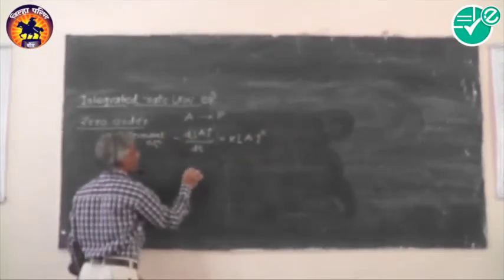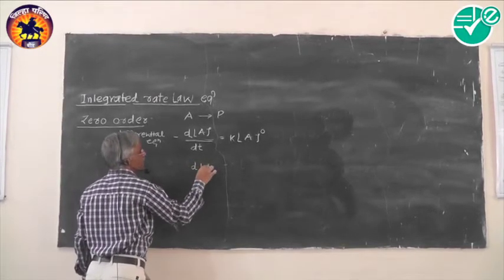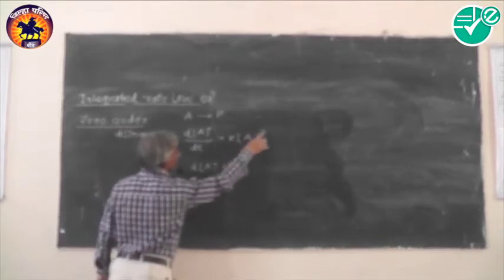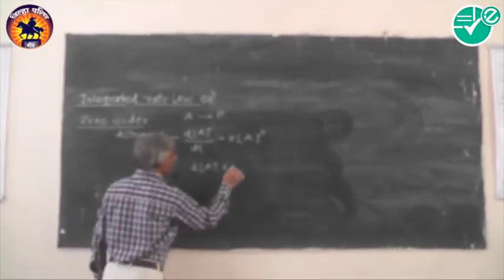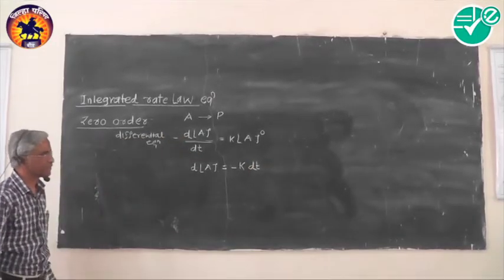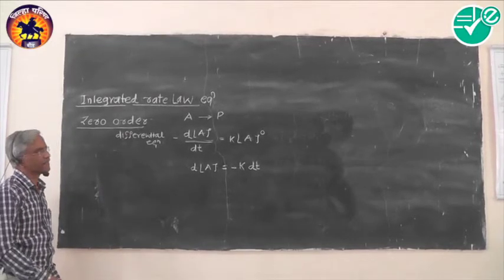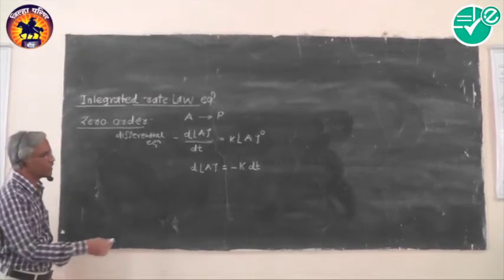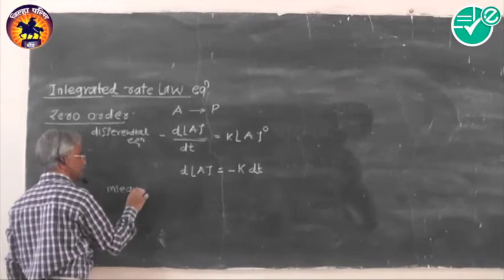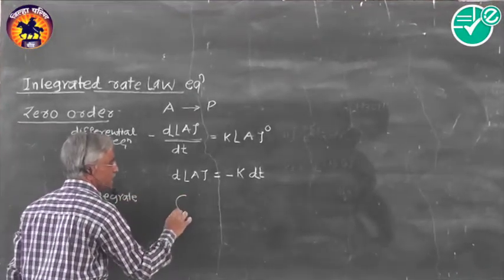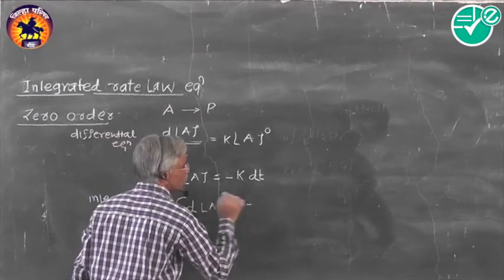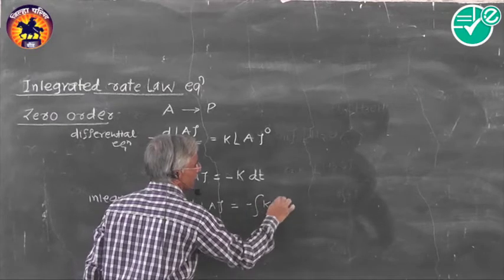We will be having differentiation, rate of change of concentration here will be equal to this. Anything raised to 0 is equal to 1. I will write minus k into change in time t. Now for obtaining the integrated rate equation, operate it or integrate it. So by integrating the equation, this will be integration of differentiation of the function A with respect to integration k into dt.